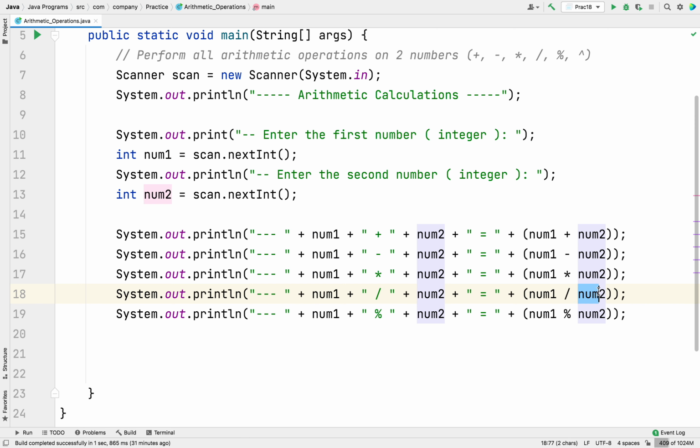So 5 divided by 2, we get 2.5. There is no remainder here, because there is a point. When you divide 5 by 2, 2 2s are 4, and the remainder is 1. But you don't want that remainder, that's why you add a .5. So the answer is 2.5.